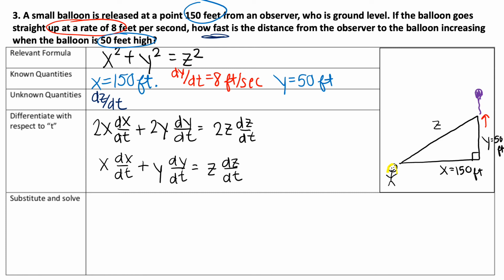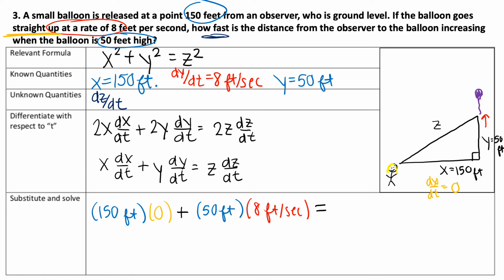Plugging in what we know, x is 150 feet. Now dx/dt is the rate at which that horizontal is changing. Because our balloon is floating straight up, dx/dt is not changing, so it's equal to 0. Plus y, they told us, is 50 feet, times dy/dt, which is 8 feet per second,